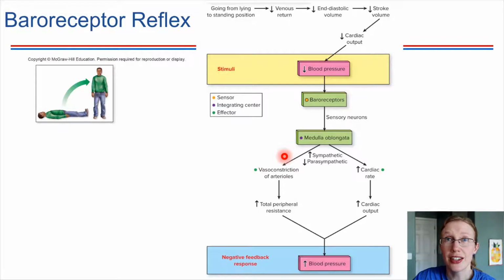So making a constriction in the arteries, I don't know if you could hear that sneeze. Constriction in the arteries is going to increase the resistance, and that in turn will help to increase the blood pressure. The other thing that's going on is an increase in heart rate. The medulla will cause the heart rate to increase, and so that helps to increase the cardiac output, and that also feeds into modifying the blood pressure. So there's a feedback loop.